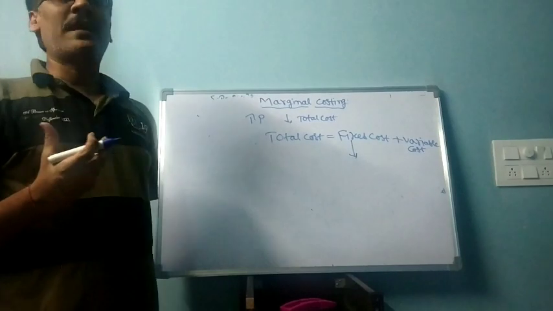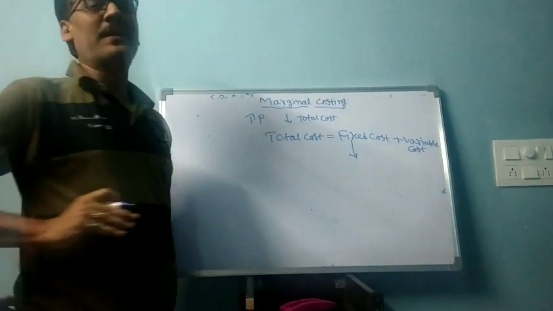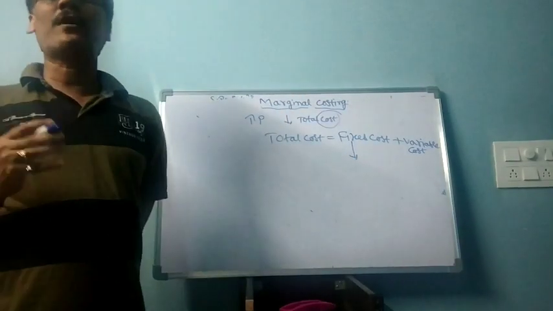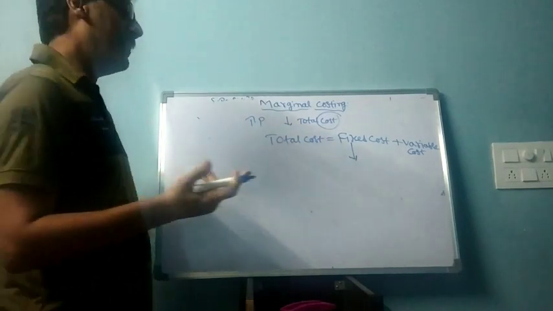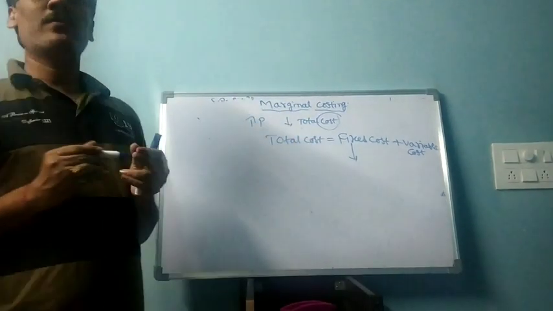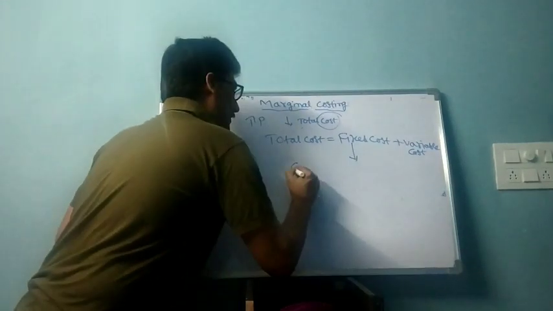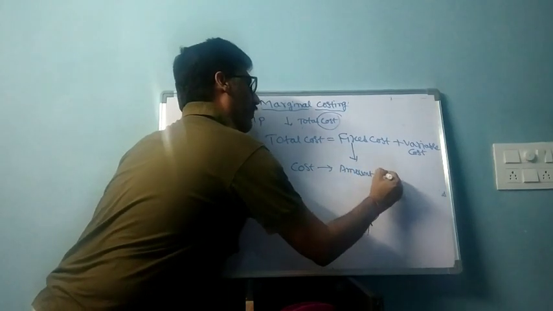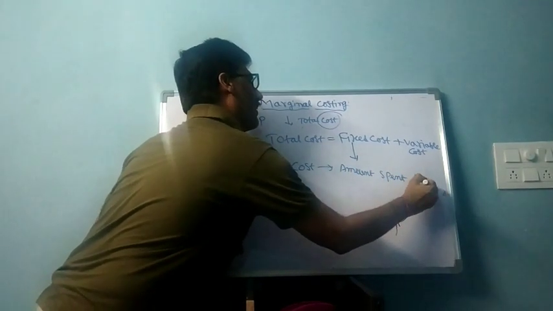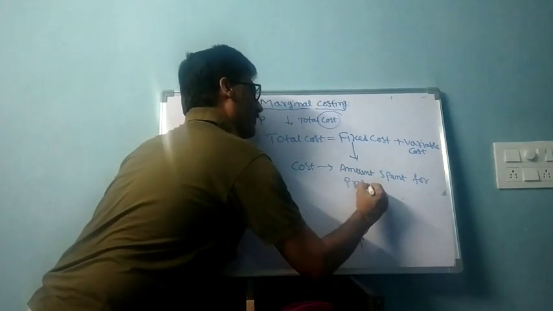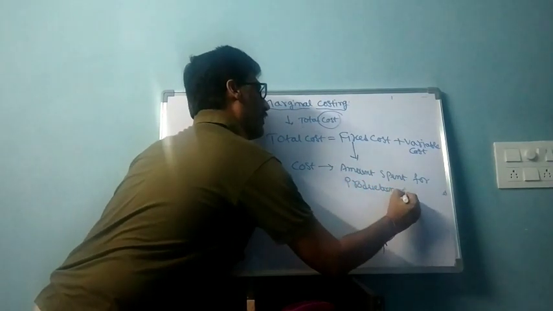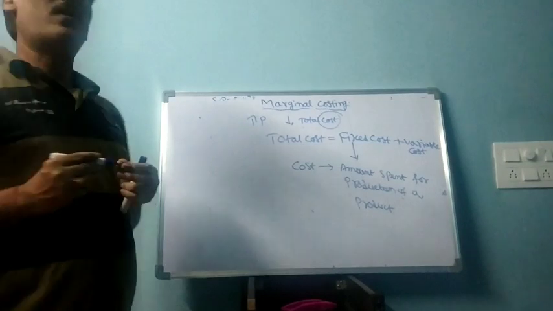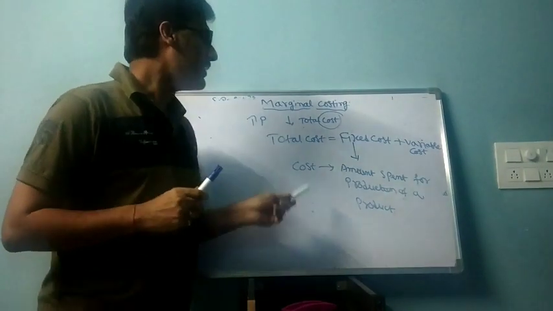Generally, for producing any product, you are supposed to spend some amount of money. That is called cost. Cost is nothing but the money spent for producing a particular product. Whether it is a fixed cost or variable cost, you should first understand what you mean by cost. It is the amount spent for production of a product or unit. This is called cost. What are the two types of cost a firm has to spend?